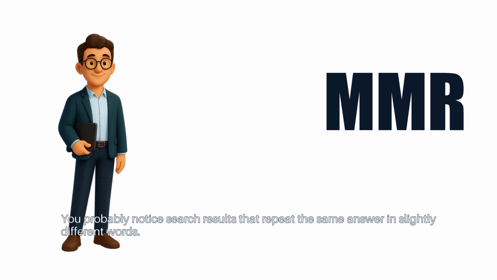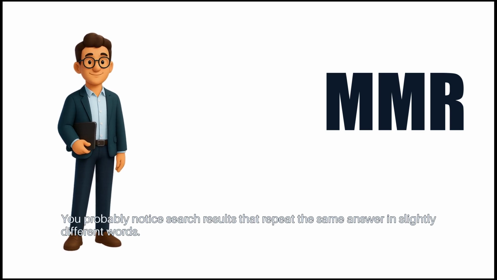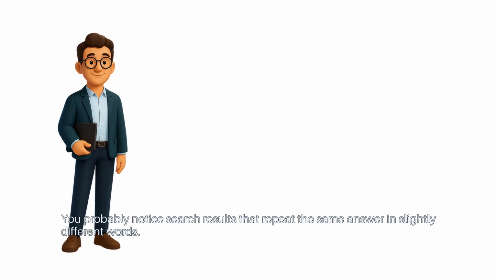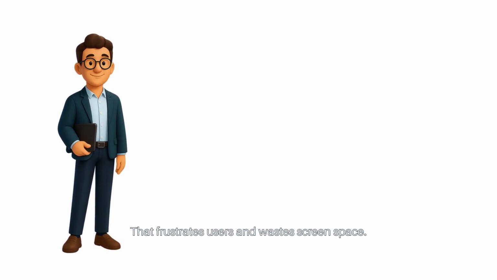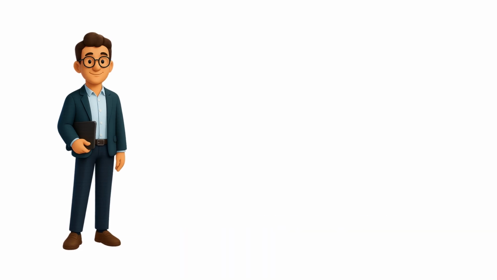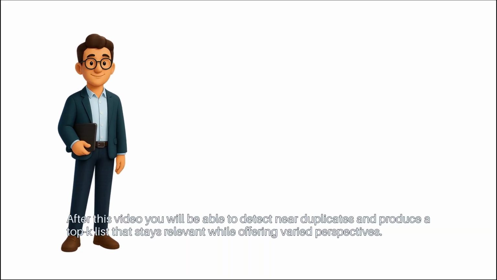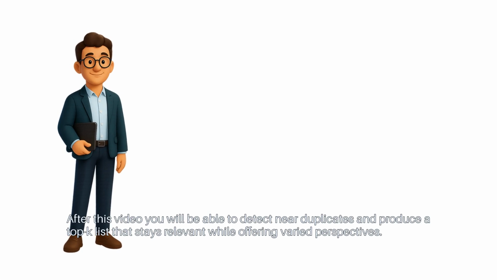You probably notice search results that repeat the same answer in slightly different words. That frustrates users and wastes screen space. After this video, you will be able to detect near duplicates and produce a top K list that stays relevant